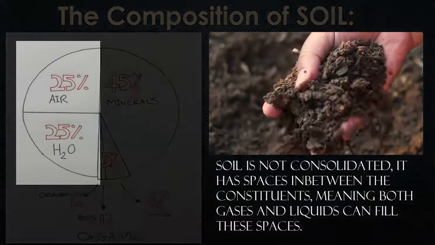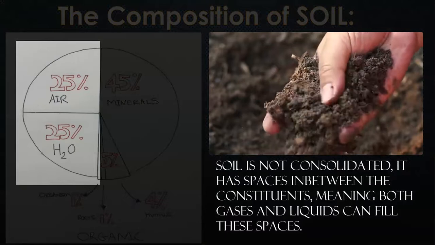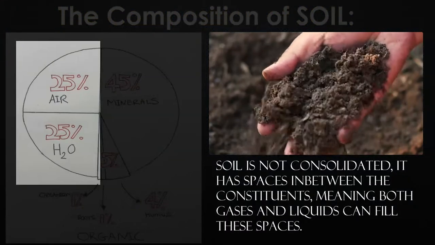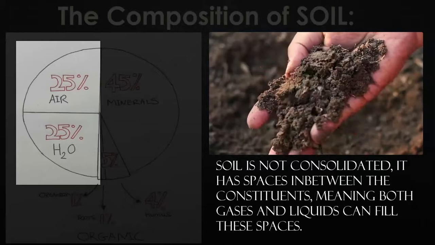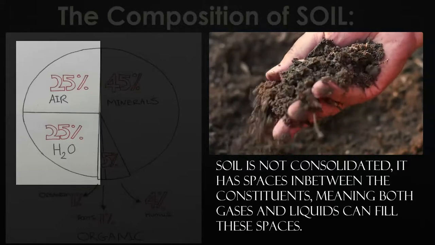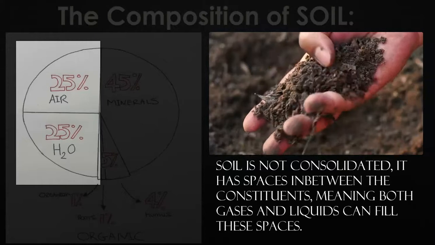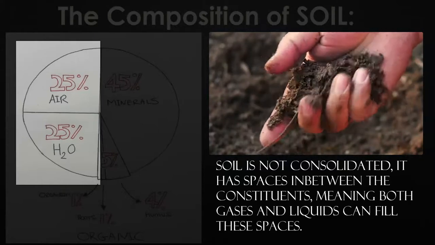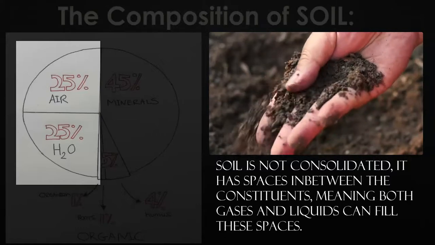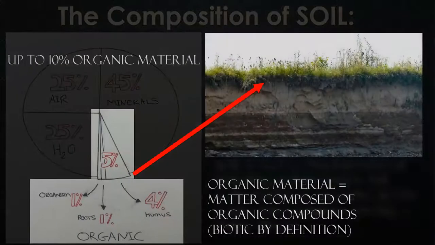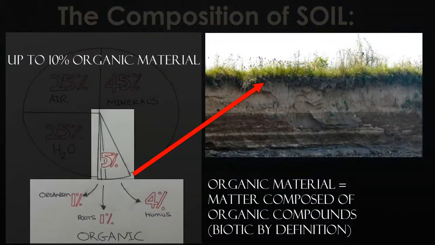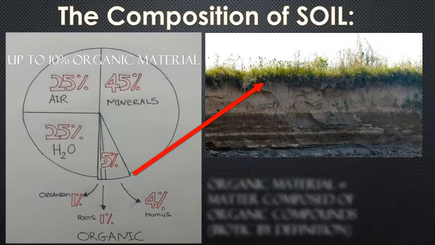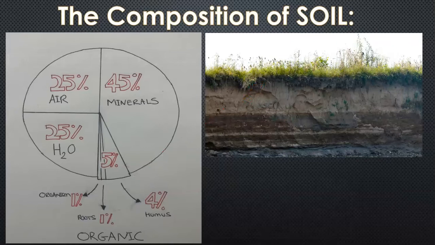The empty space in between the soil particles and the organic particles, that is the vacuum, the airspace, and then between that as well you have water, so it fills up the pore spaces. So air and water are combined pore spaces, which is the space in between the physical components of the soil. And then you've got a small amount which can vary between 0 and 10%, which is basically organic, and it can be broken down into humus, roots, and basic organisms,